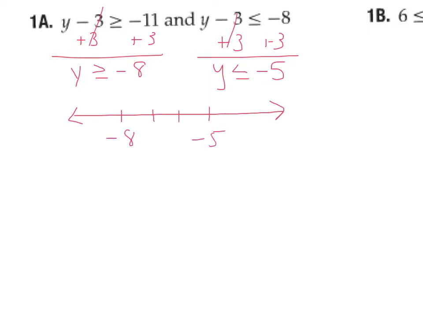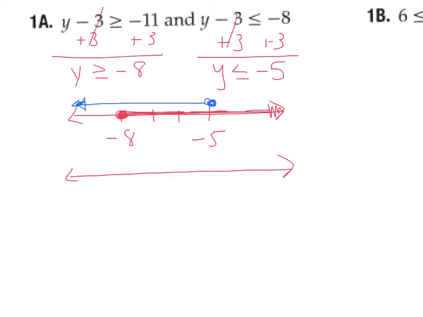Okay, and if I look on the first one, I've got a closed circle at negative 8, and I'm going to be heading in this direction. Okay, I'm going to change the blue here and graph the second one. I've got a closed circle on negative 5, and I'm going to be going in this direction. Okay, so the question is, where are they overlapping? Well, if I look here, they're going to overlap between these two. So now my final graph